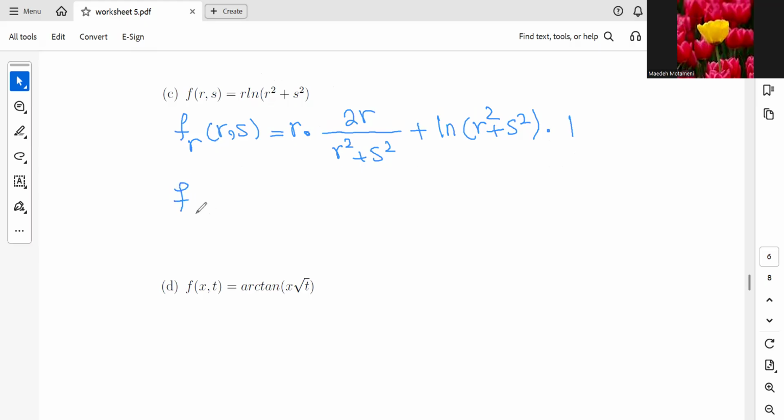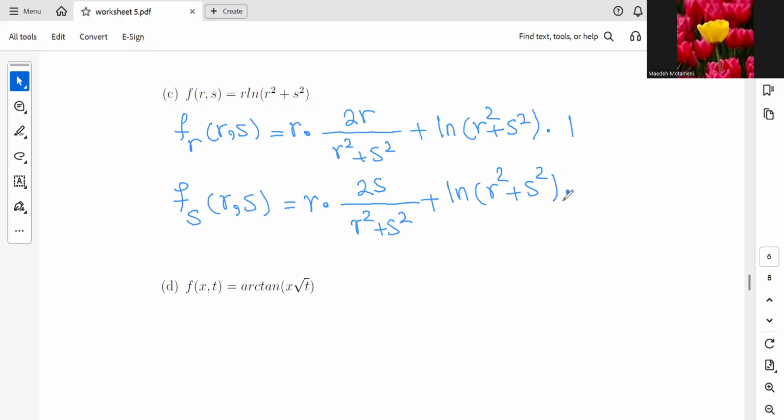And finding the derivative with respect to s for r and s will be the same thing, but with respect to s. So copy the first one, derivative of the second one with respect to s, and copy the second one, derivative of the first one with respect to s. The first one is r and it doesn't have any s in it, so this will be 0. So actually you don't have this part. Next one,